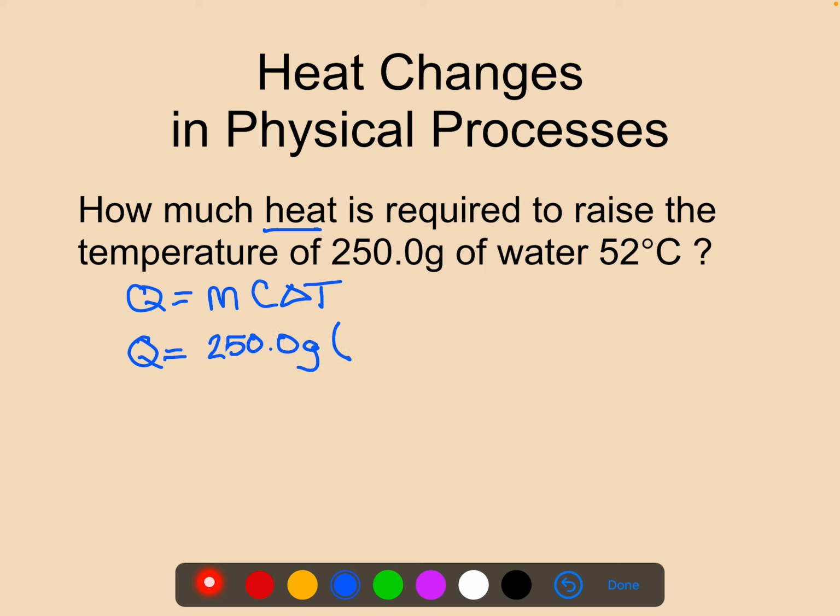C, specific heat for water. This would typically be given to you in a question, but liquid water specific heat is 4.18 joules per gram degree Celsius. And then it told us we raised the temperature 52 degrees Celsius. So that means they already subtracted it for us, so we don't have to worry about that part. Whenever we multiply these together, we get